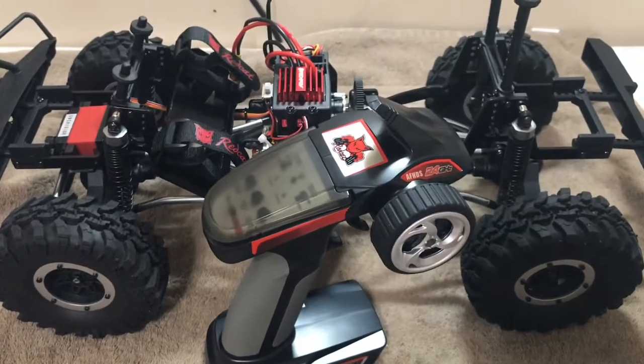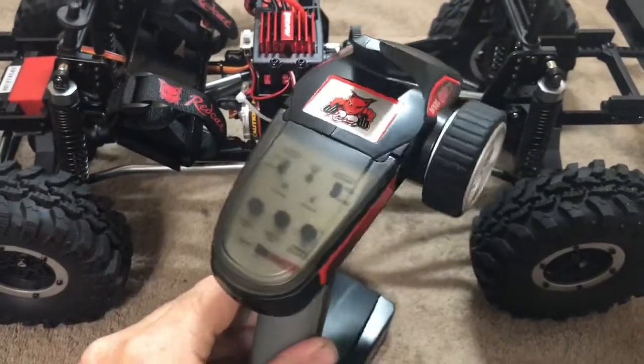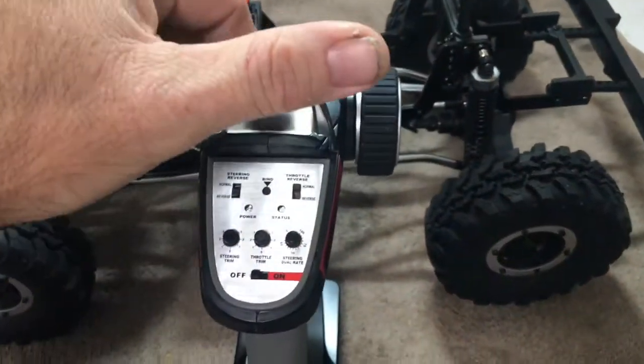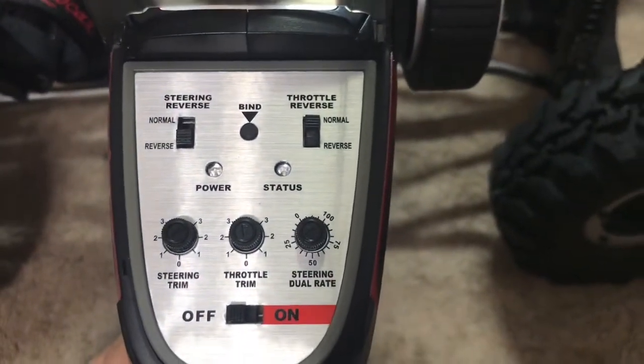Hey guys, let's talk about the radio electronics in this thing. The radio is a Flysky GT2C. It's got the Redcat logo on it for their vehicle. It's got all your standard features that you'd want in a